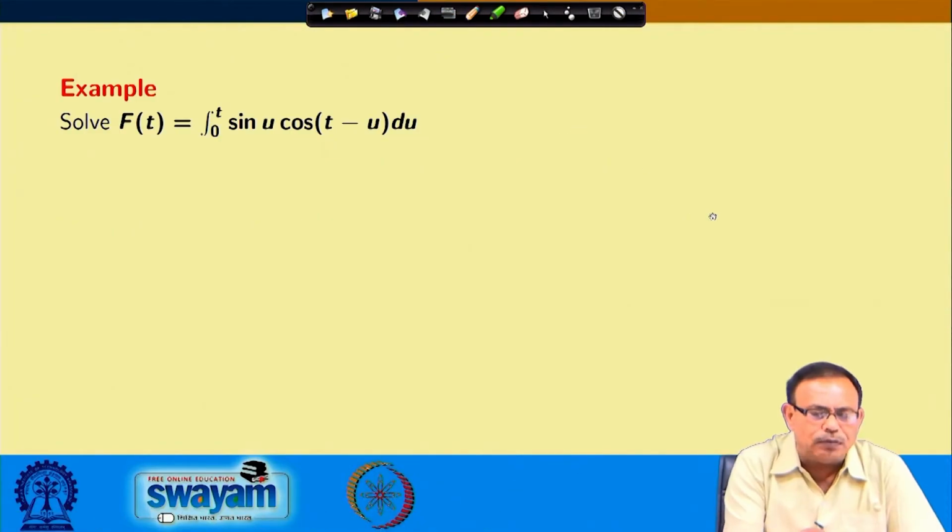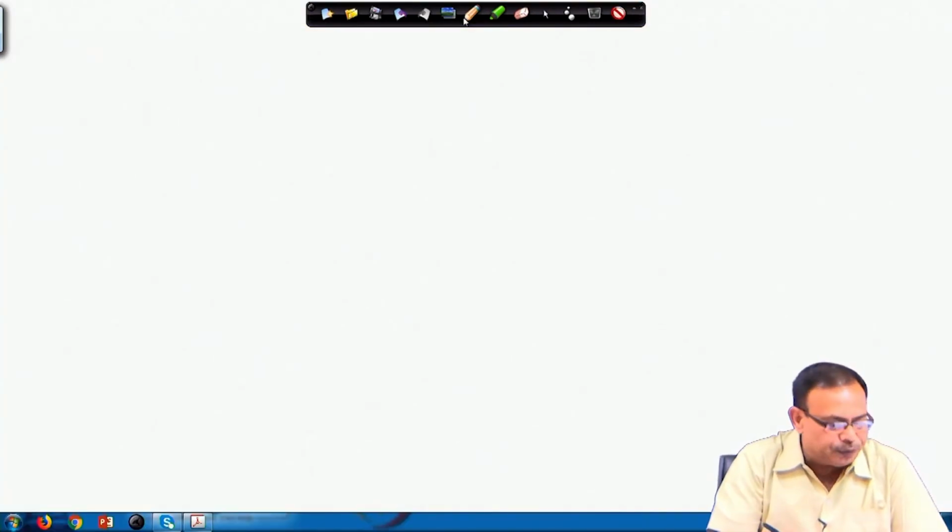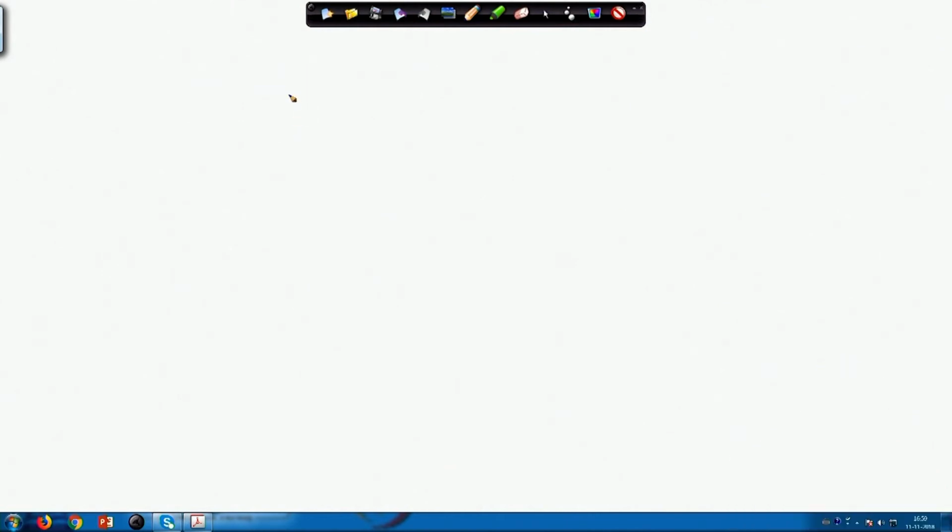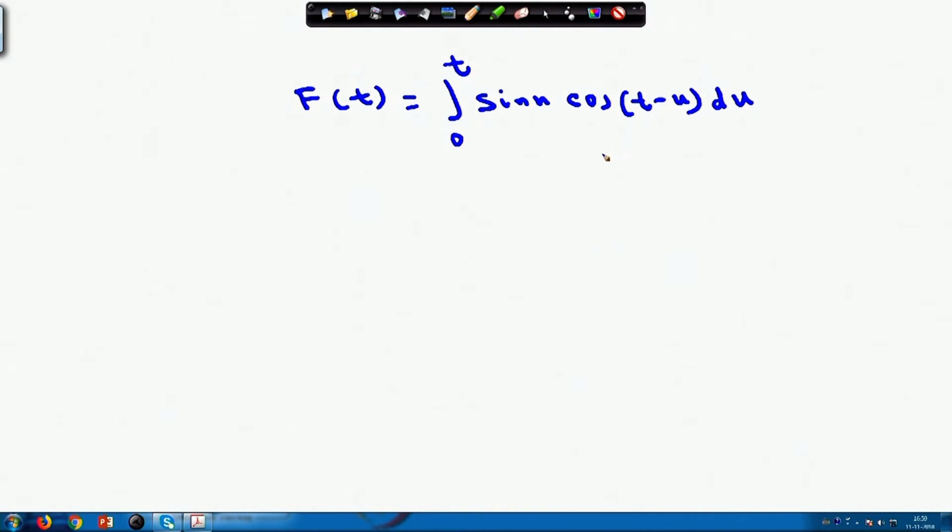First, take this form. I want to solve an equation like this: f(t) equals the integral from 0 to t of sin u cos(t minus u) du. I have to find out the value of the function f(t). This is nothing but, from the definition of convolution,